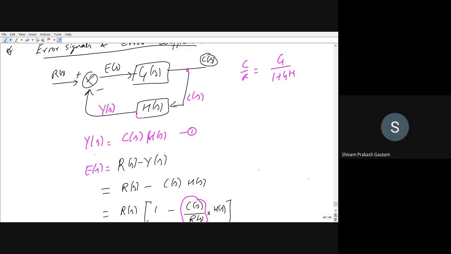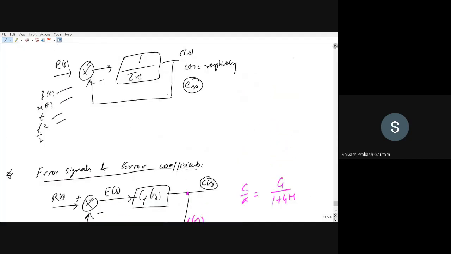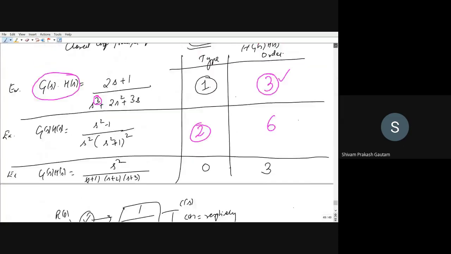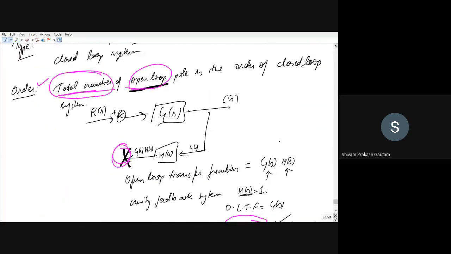Right? So whatever the gain here is, we are calling it C of S. And in the open loop path, you can observe that when we have broken the chain, we have not considered C of S. Why? Because C of S cannot flow here, as there is no loop here. Why have I taken G of S here? Because G of S is flowing here only. C of S is not flowing here because there is no feedback, so no C of S can flow in this path. So only G of S is flowing here.